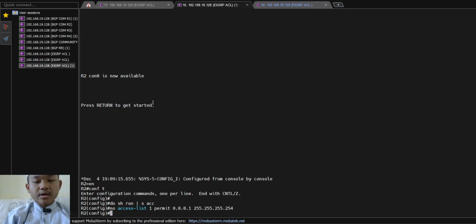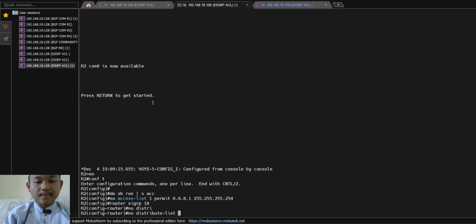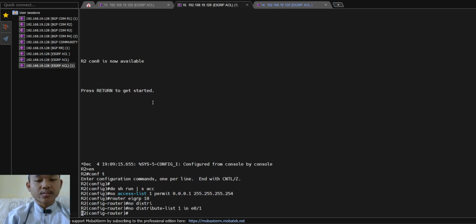Okay, next, router EIGRP 10, and then no distribute-list 1 in interface to router 3. This is my interface Ethernet 0/1.